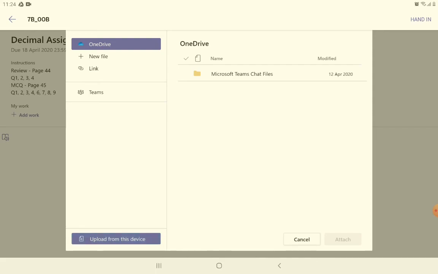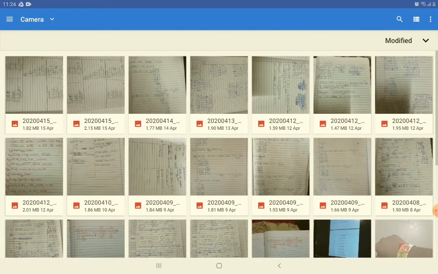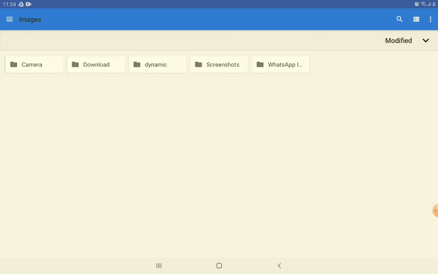If you have done any homework, the latest homework which you have done, it will come like a screenshot of what you have taken. Press that and it will tell uploading. After uploading, it will tell done. Press that and one main thing.